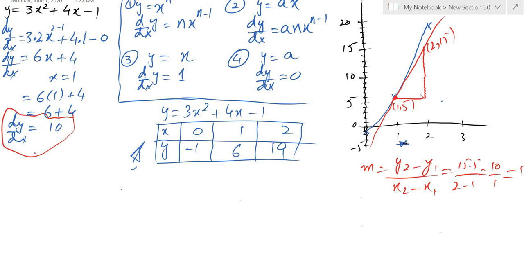Now we have to understand what this gradient means. This is the rate of change of anything. For example, this is the rate of change of y with respect to x, dy over dx. y2 minus y1 is also called delta y. Delta y means change in y. This is called delta x, meaning change in x. So delta y over delta x is the gradient actually, and this is our derivative actually. This is also called slope.